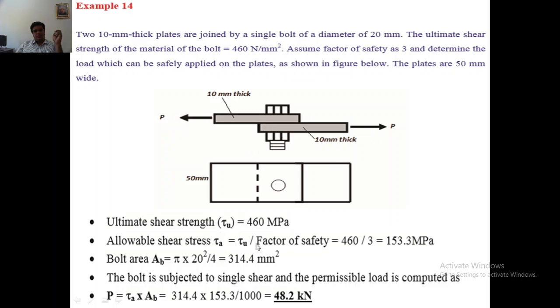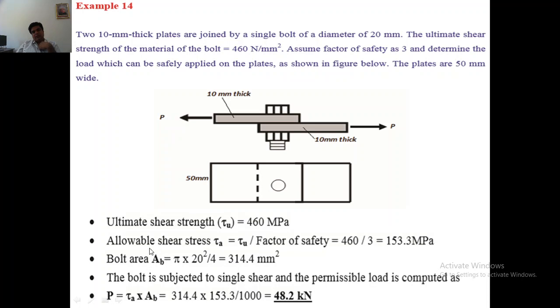So here, once you know the shear stress, so this is the shear stress applied on the bolt, we can easily calculate the load here, shear force or shear load. So before that, we will calculate the area, bolt area. So the cross-sectional area of this bolt is pi by 4 d square, because the cross-section is circular and the diameter of the bolt is 20.